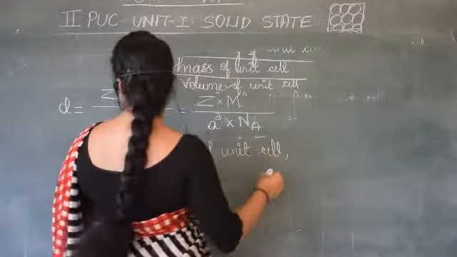If you know all these values of density, number of atoms, molar mass and volume, then you can calculate the Avogadro's constant value. Otherwise you should be knowing the Avogadro's constant value is equal to 6.023 into 10 to the power 23. So by knowing any 4 terms here, the values of any 4 terms, you can calculate the other value. And usually density is measured in kg per meter cube or gram per cm cube also.